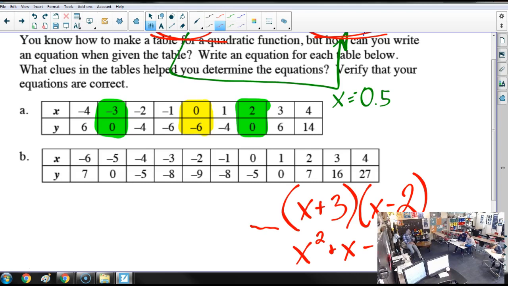Right? First, outers, inners, last. Yeah, my brain likes that. Your brain will start to very quickly process the outer and the inner together, because especially if there are no coefficients, you just add these and put an x. Now it's when there are coefficients you have to be careful.